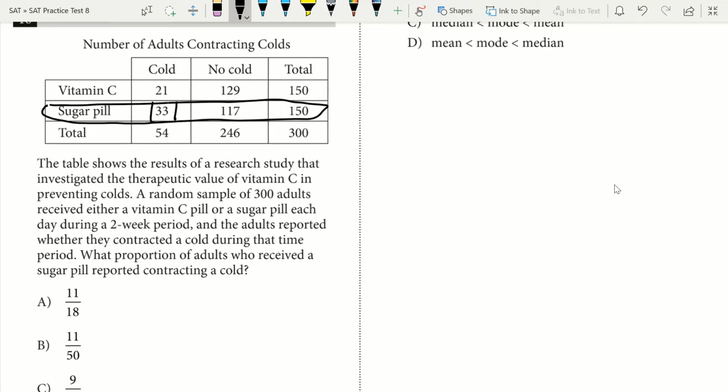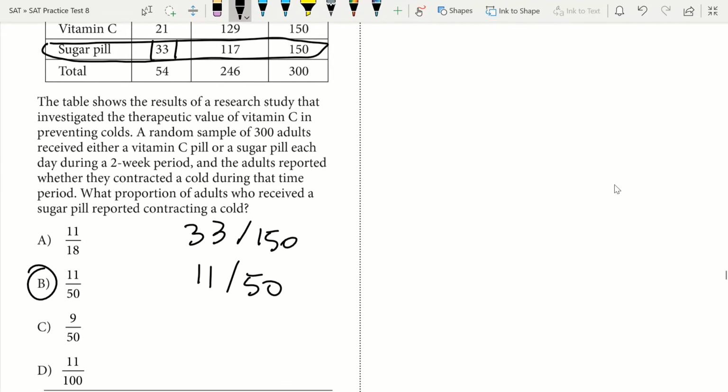That would be 33 of our total in that row, which is 150. Now this can be simplified because 3 is a factor of 33 and of 150. 150 over 3 gives me 50, and 33 over 3 gives me 11, so my answer is 11 over 50, which is answer choice B. All right, question